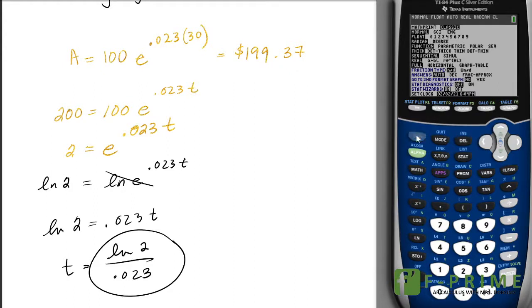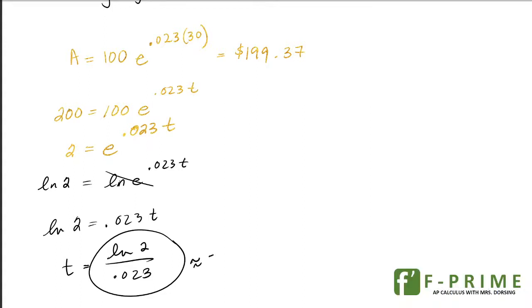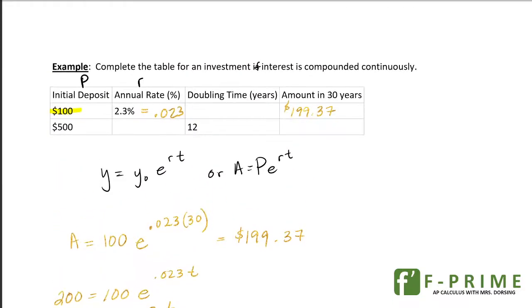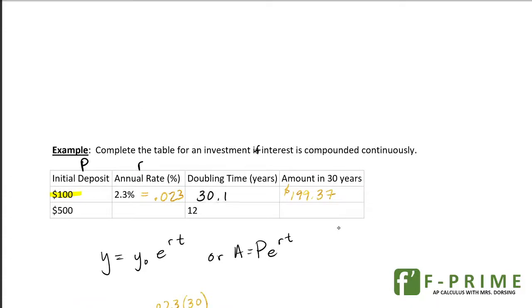There we go. Natural log of 2, put parentheses around everything, divided by 0.023, and boom, about 30.147 years. Now here it's okay to round to 2 places if we're dealing with money, like I did up here, but in our doubling time, I'm going to go ahead and round to 3 places like I'm supposed to here in